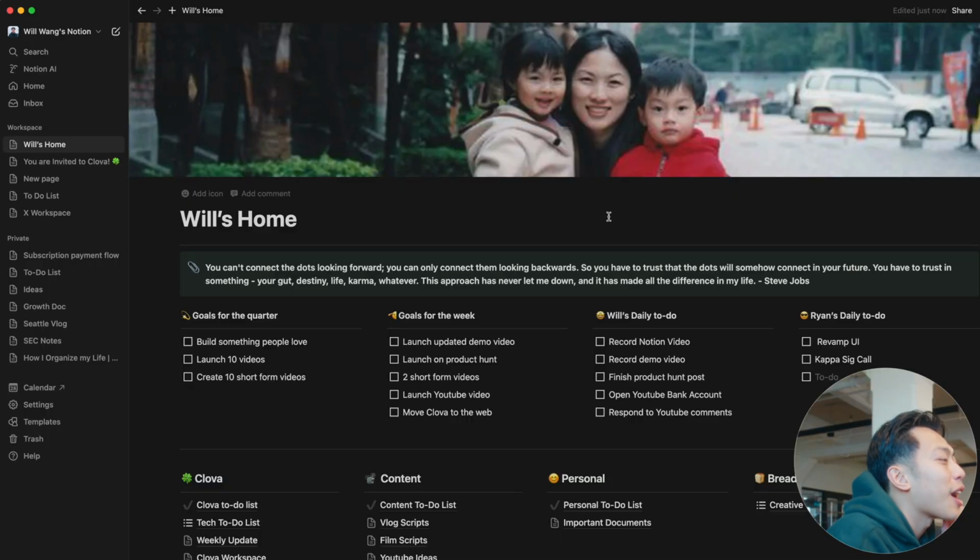All right, so we're currently at my Notion dashboard. I just have a nice little cover photo of my family and I when we were younger, because it kind of reminds me of the more simple and important things in life. There's more to life than just work and making YouTube videos, right?